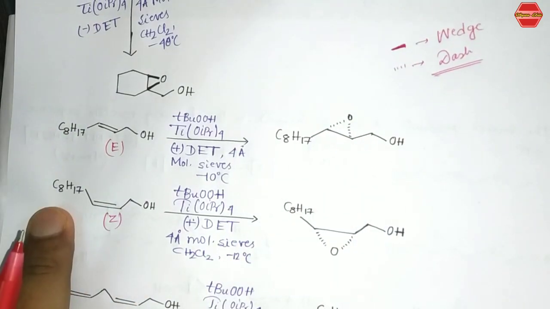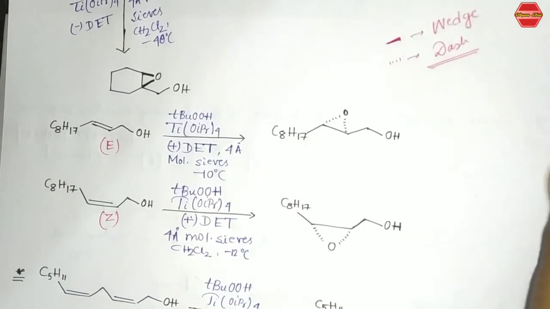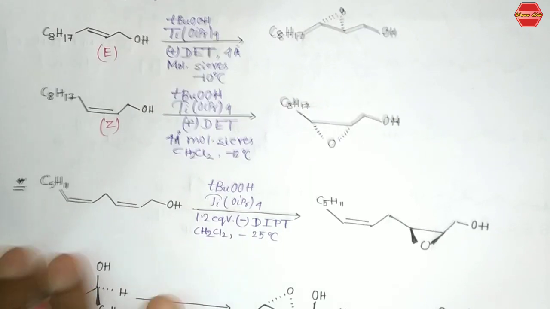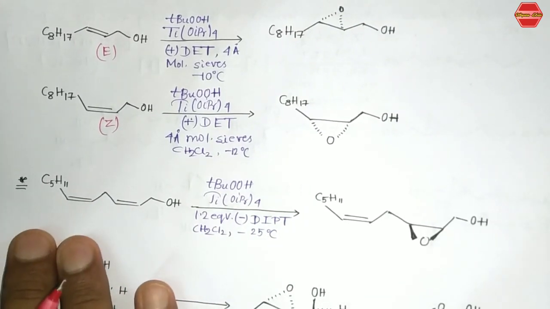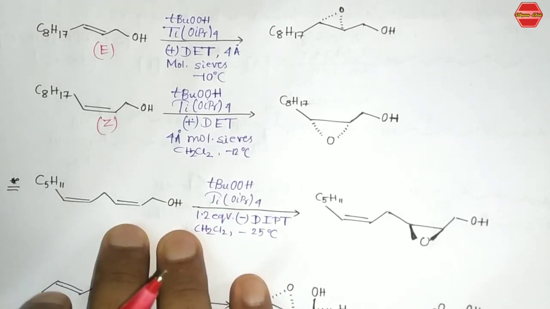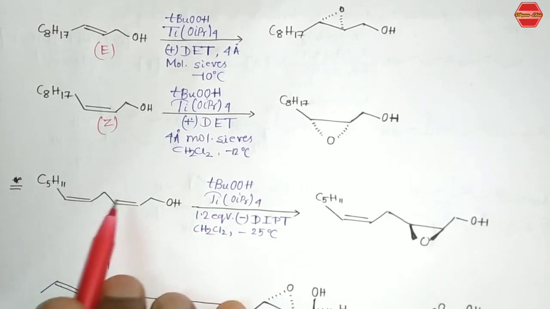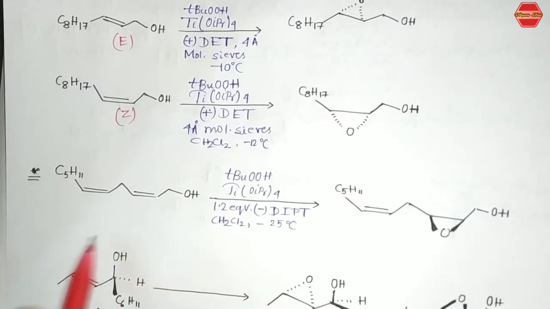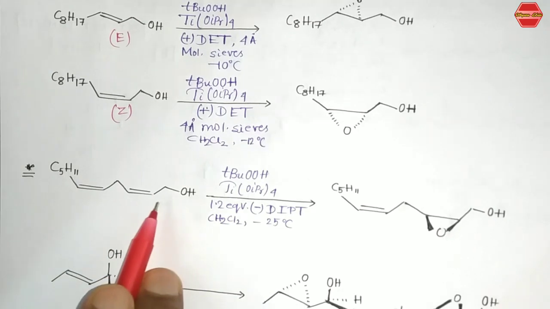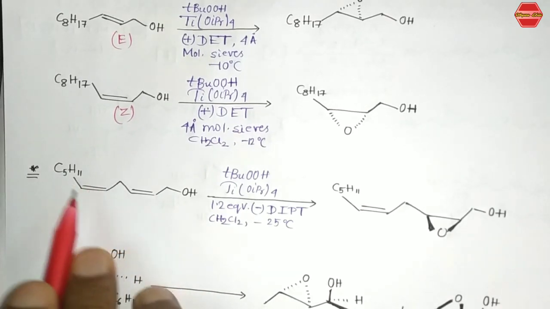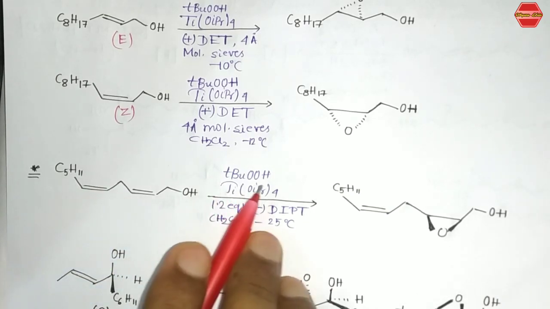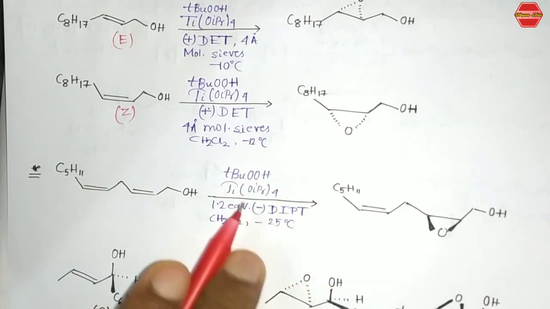So the substrate generally used for this reaction is allylic alcohol. Now if we have a compound like this, it is very important, and this example tells us that this reaction is very much stereoselective as well as regioselective. If you look at the compound, you are getting two types of double bond over here. This is your allylic alcohol, and here is the alcohol in Z isomer formation. Now we use this oxidant, this catalyst, and the